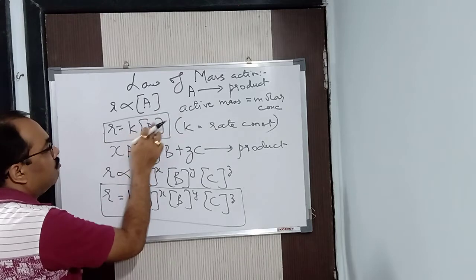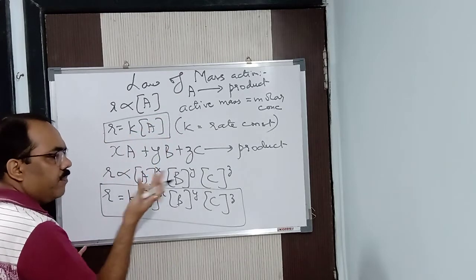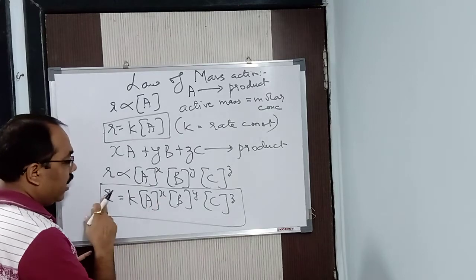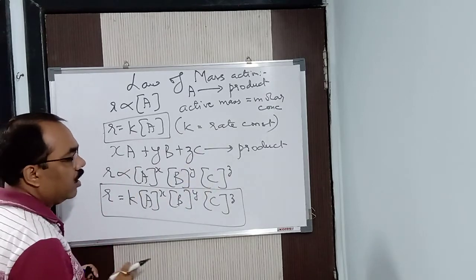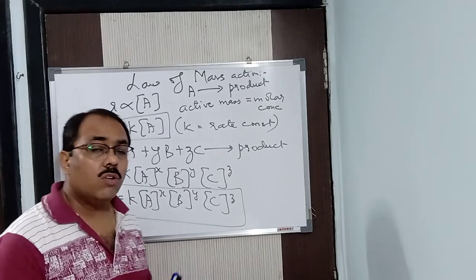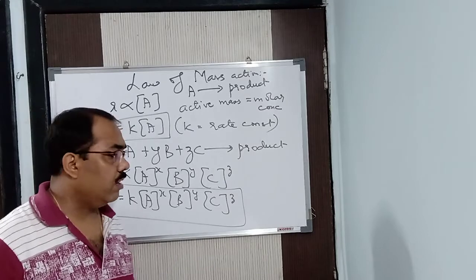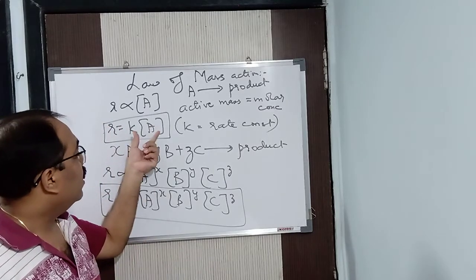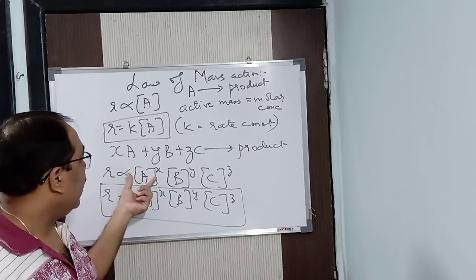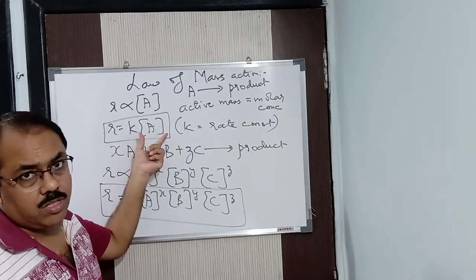The first is for one mole and one reactant, which is not possible every time, and this second form is quite possible in any case of the reactions. So, understood what the law of mass action is here. One more thing you need to understand, which has been told to you in class 11: if the substance is a liquid, if the reactants A, B, C are liquids, then we measure the concentration.